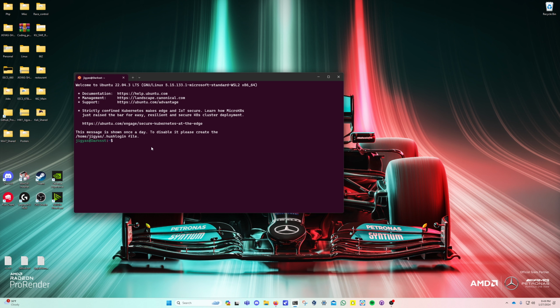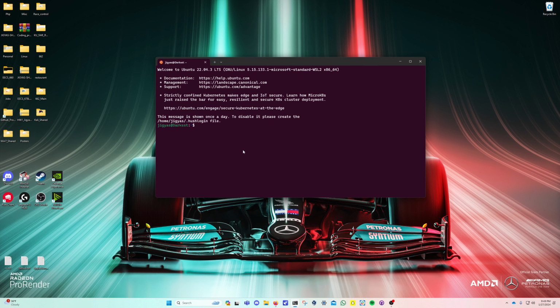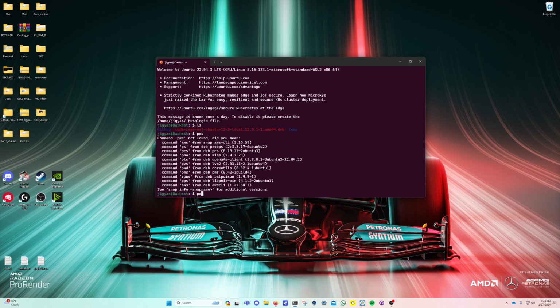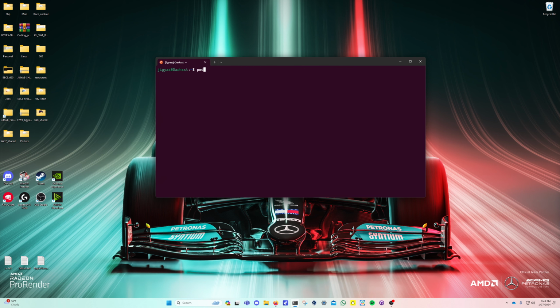Now let's look at some important commands and where your files are stored. If you want to see where your files are stored, when you do ls, it should show you your files, but we don't know where they are. If we do pwd, which is print working directory, it just gives us home and then the username. This is correct, that is the working directory for Linux. However, it's not the working directory where it is stored in